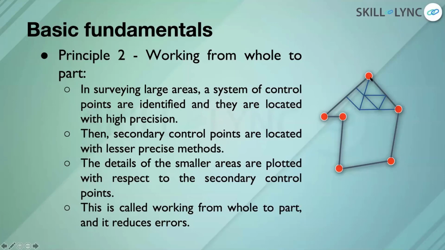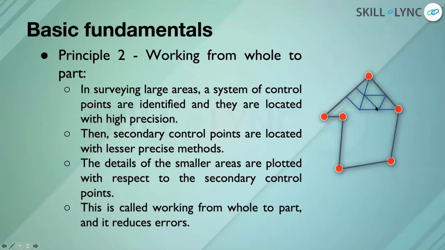So using these 2 points, I can find the vertex of this point, I can find this one, like that. So these are called minor control points, which are found using much less sophisticated technology, because I don't really want to spend a lot of money on the project. So I first spend a good amount of money on establishing the major control points, and once that is done with good accuracy, then I move on to find the minor control points with a moderate level of accuracy, but a much cheaper method.